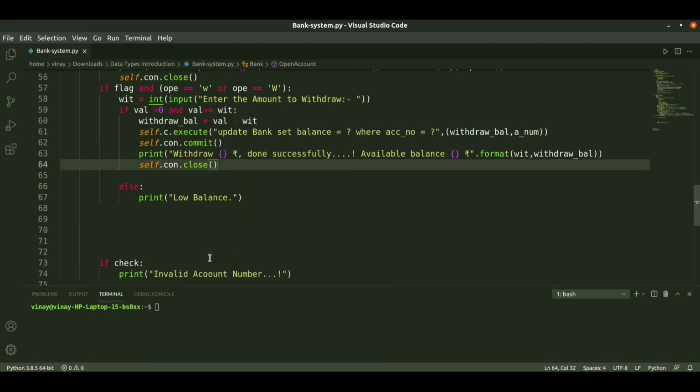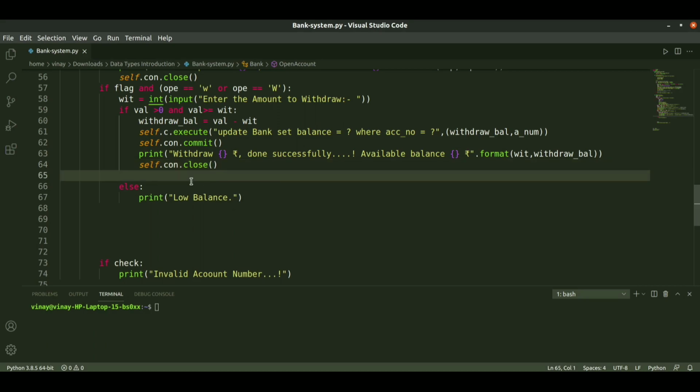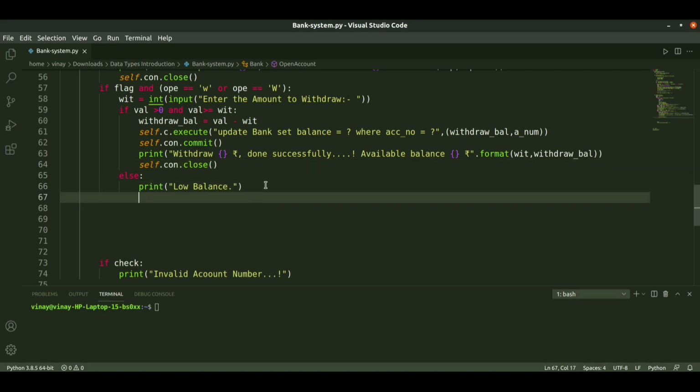Now we are just left with checking the balance.